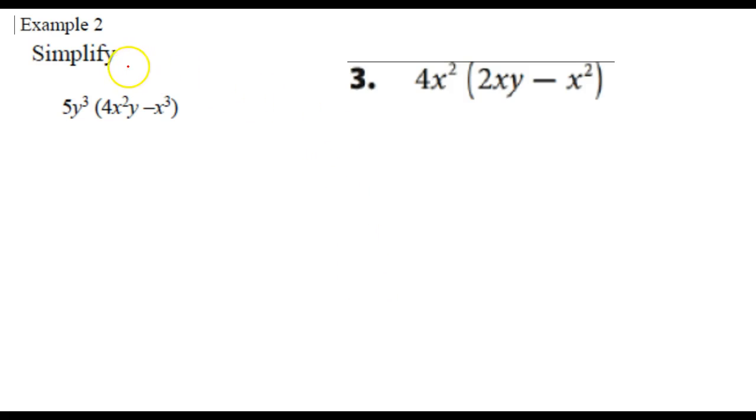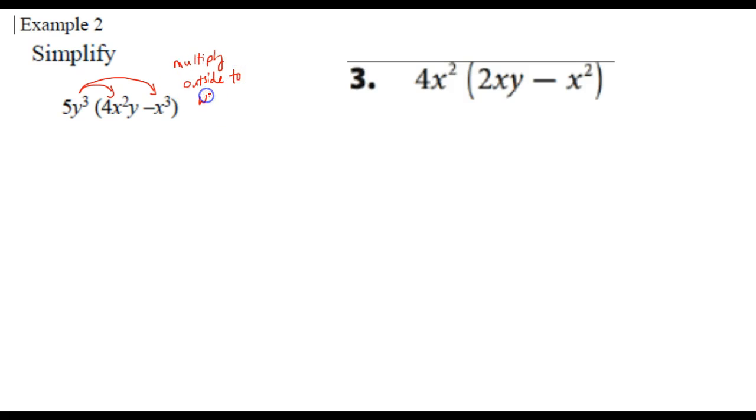The next thing we're going to do is simplify. This is another example. It may not be in your packet, but it'll help us with number 3. Here you see 5y to the third times the quantity 4x squared y minus x to the third power. What I'm going to do is distribute the outside term to what is inside the parentheses, and distribute just means to multiply